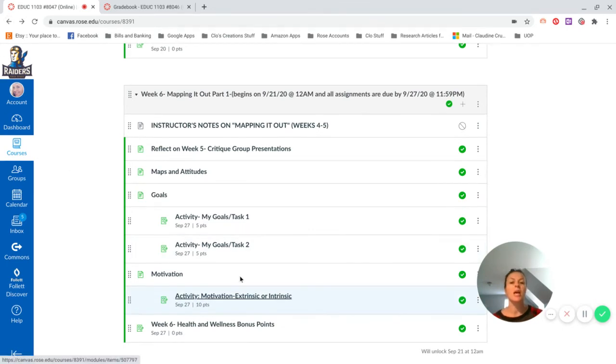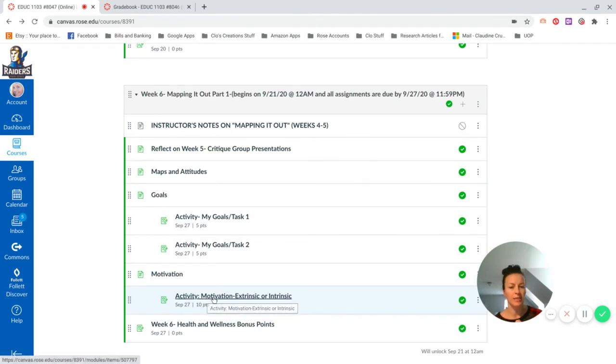And then the next section is the motivation section. So you do need to make sure that you are doing the reading before you get to these activities, just because it's going to help you answer the activities more fully, especially with the motivation one. A lot of people, when they did this exercise last semester, I really felt like they didn't read the section on motivation, because the way that they were answering this exercise here, and I'm going to show you in a second, I don't really think they understood the true difference between intrinsic and extrinsic motivation. So I tried to explain it there just a few minutes ago, but make sure you read this